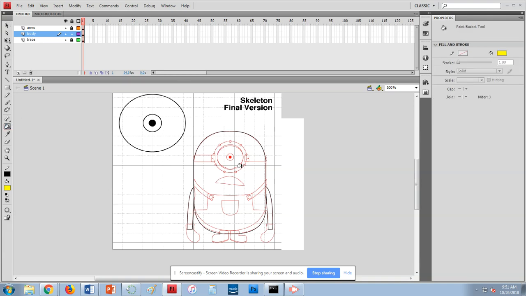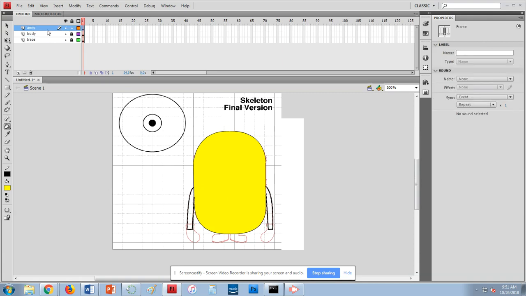And this is where people mess up too. So it's not letting me fill. So this little circle right here is super important in Flash. I always have the gap size, always turn it to close large gaps, and then it'll fill in for the most part. Okay, then you're going to lock that one, and you're going to unlock the arms,